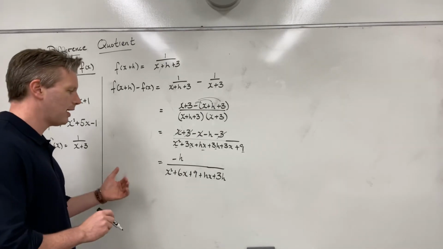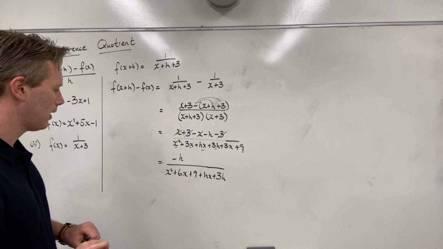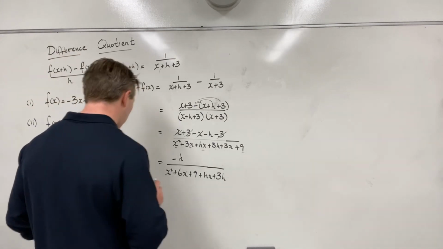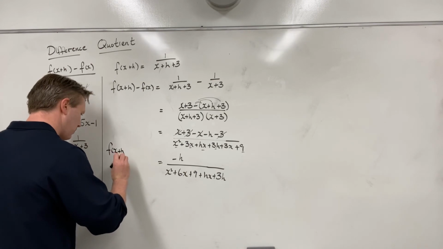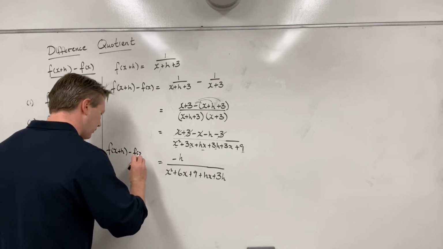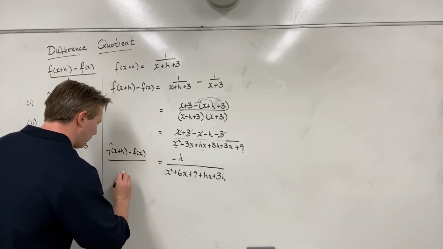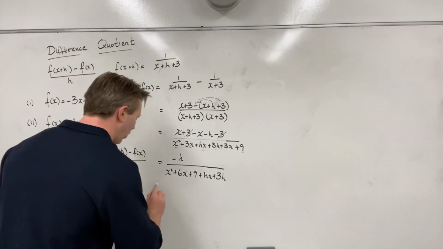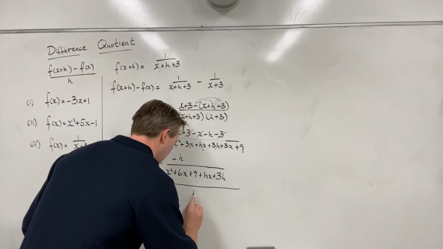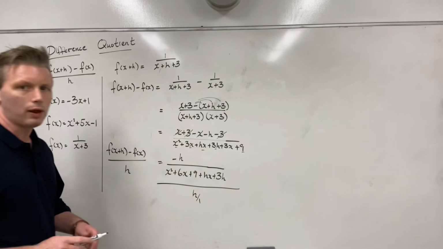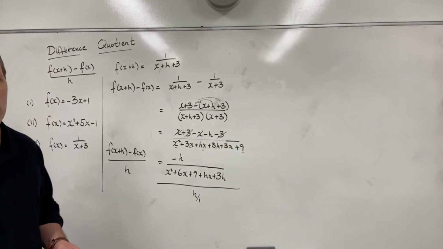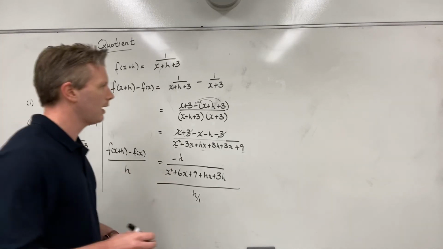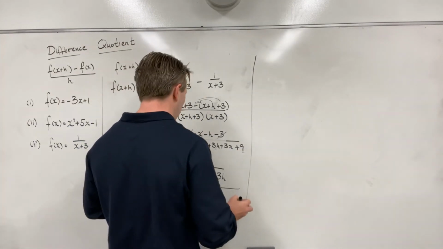Now I have to divide this whole thing by h. So I'm going to note this is f of x plus h minus f of x. I'm going to divide the whole thing by h, if you like, h over 1. And so I'm going to invert my denominator and multiply. So I get minus h